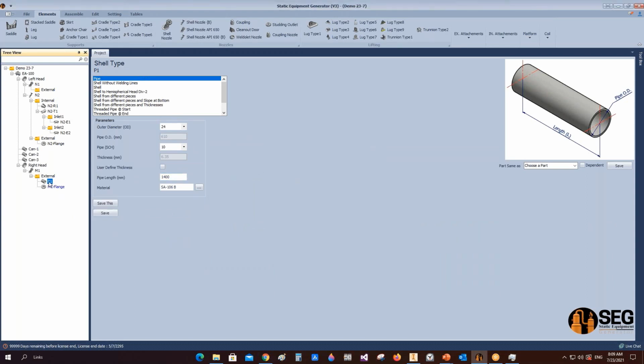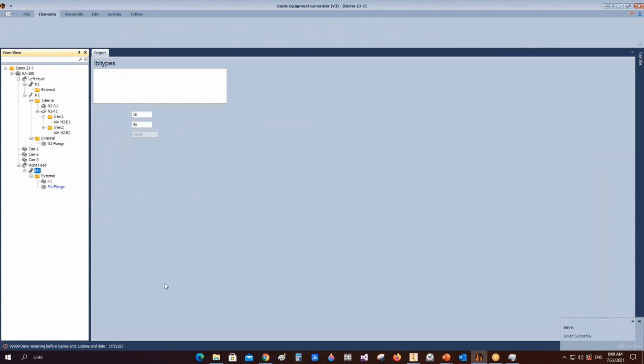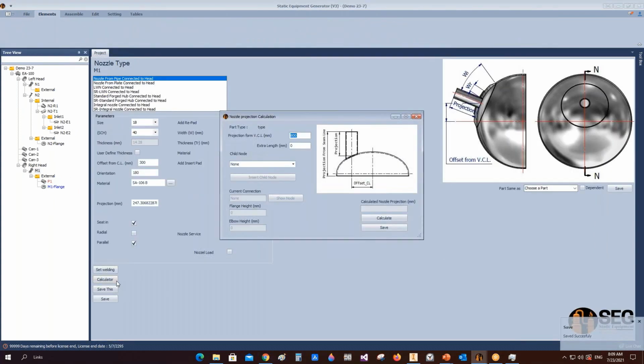Now we have a pipe here, and let's make it 300 millimeters like this. Okay, now if we come back to the manway and open the calculator, you can define